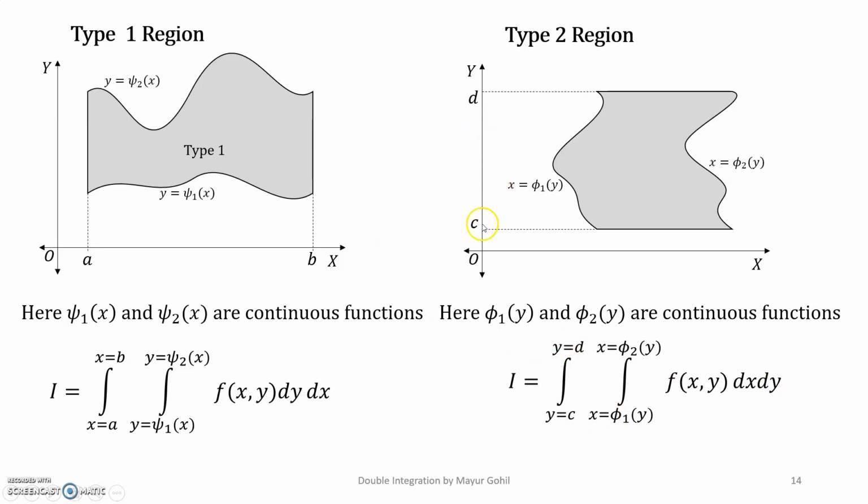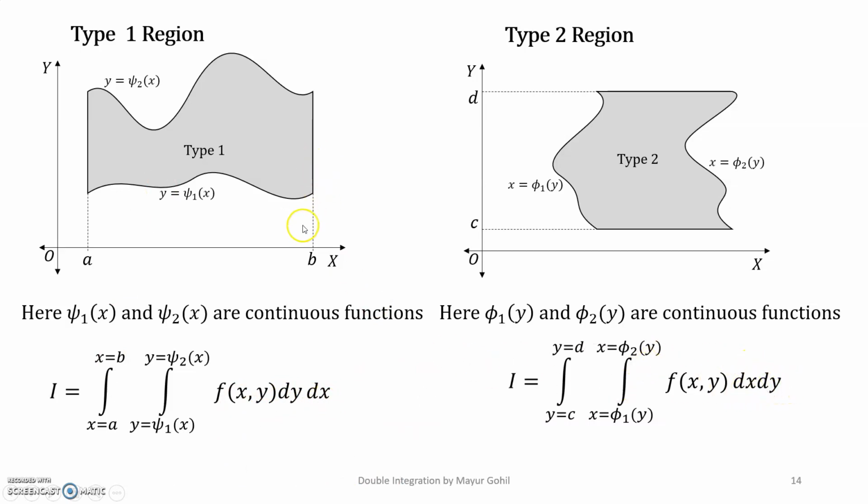Now what I want you to know is that here you have this as type 1 region and this as type 2 region. Let me be very clear that in most of the books you won't find this as type 1 or type 2 region or anything like this. They might have classified according to their style. I find such a classification much easier for understanding the concept. Why we need such a classification is because here we have dy dx, and on the other side we have dx dy.